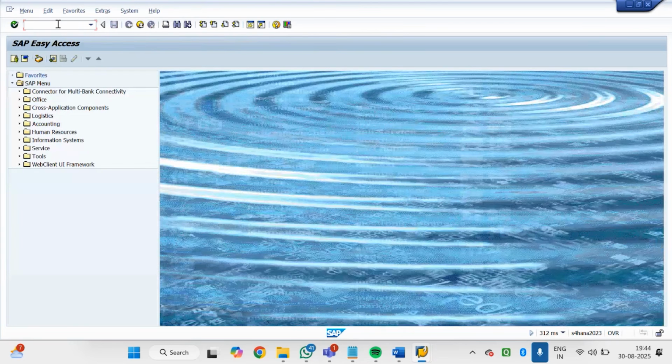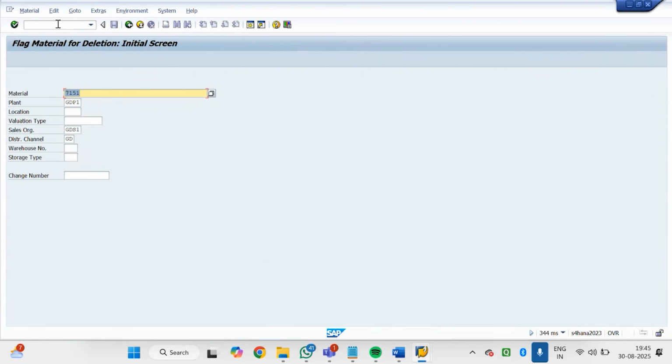जैसे मटेरियल मास्टर में एक ट्रांजेक्शन कोड है MM06, मटेरियल मैनेजमेंट में है ना, MM06 में क्या है, फ्लैग फॉर मटेरियल डिलीशन, इस पे हम डाल दिए। तो डिलीशन में सर वो मटेरियल डिलीट होगा क्या? डिलीट ऑप्शन में चला जाएगा, होगा नहीं, आपको मैसेज दे देगा, वार्निंग दे देगा।